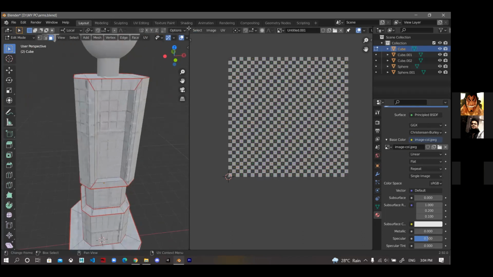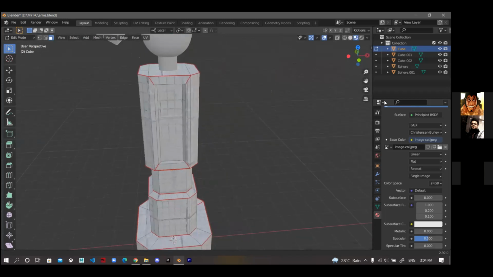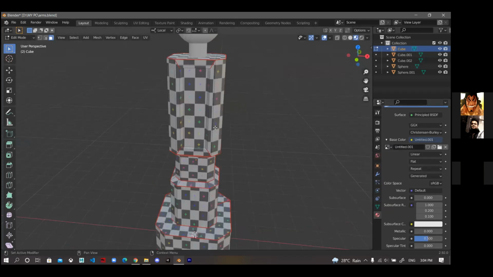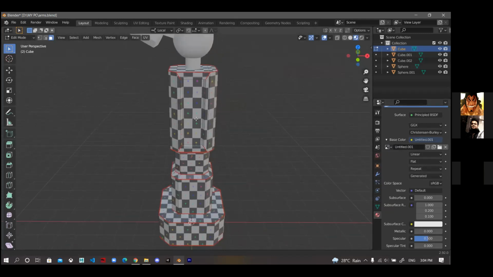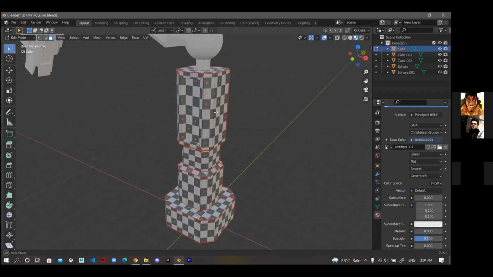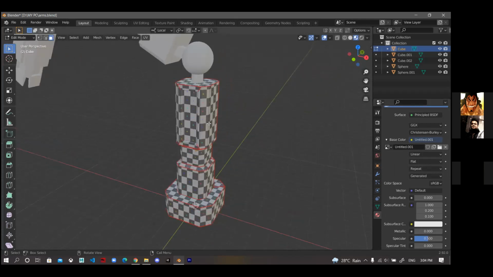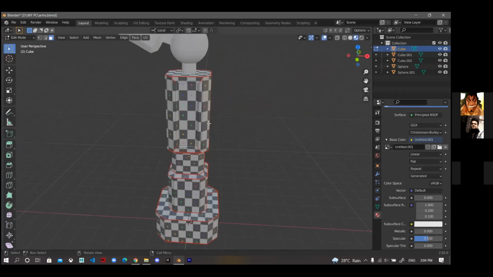Now we will add a metallic texture to this model because this is basically a robotic arm.